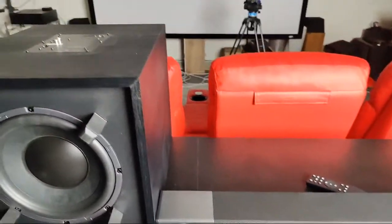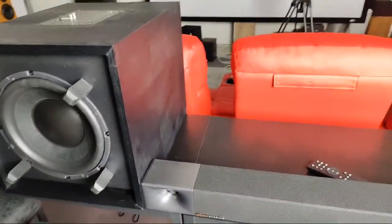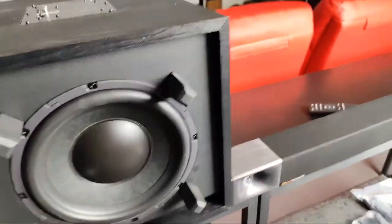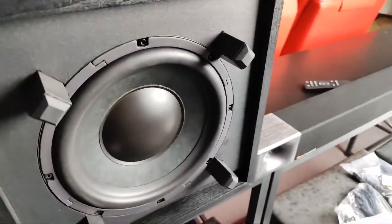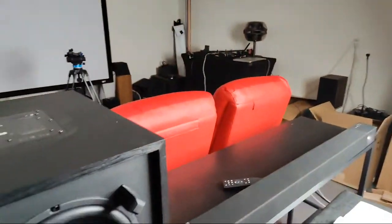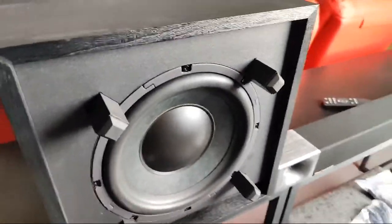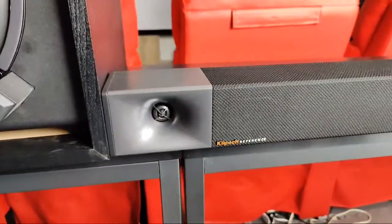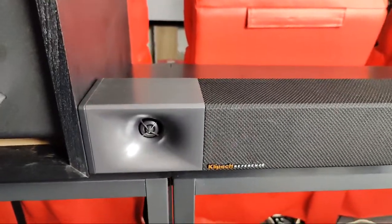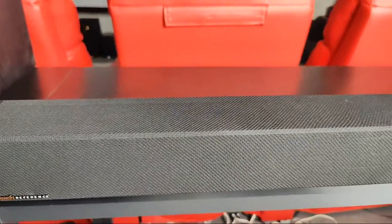This is the Klipsch Cinema 800, and today was the lift of the embargo date where we can actually talk about this. So I've had this for a while. I have so much stuff to review. It's ridiculous stuff that I'm not even allowed to show you yet. But yeah, this is the Klipsch Cinema 800, and the point of this video is more to just answer